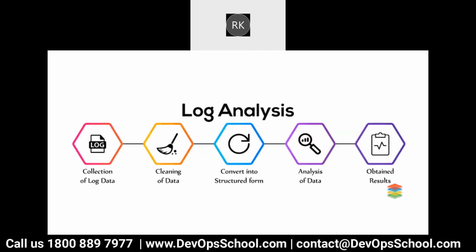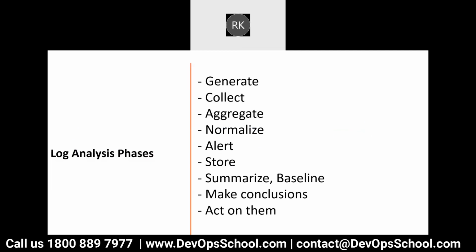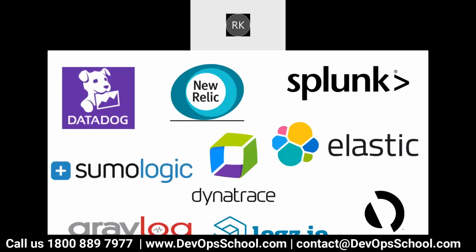So what are the phases of log analysis? Collection of log data, then clean the data, convert it into a structured format, analyze the data, and obtain the results. Generate, collect, aggregate, normalize, alert, store, summarize, make conclusions, and act on them. These are the log analysis phases. So which tools are available for log analysis? I think you know that Datadog, Splunk, Elastic are the major ones, and the rest of the tools are also doing well